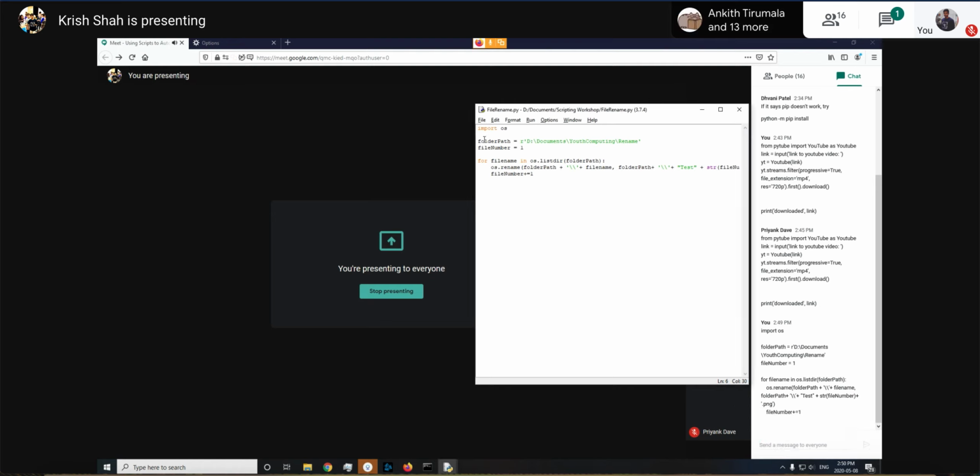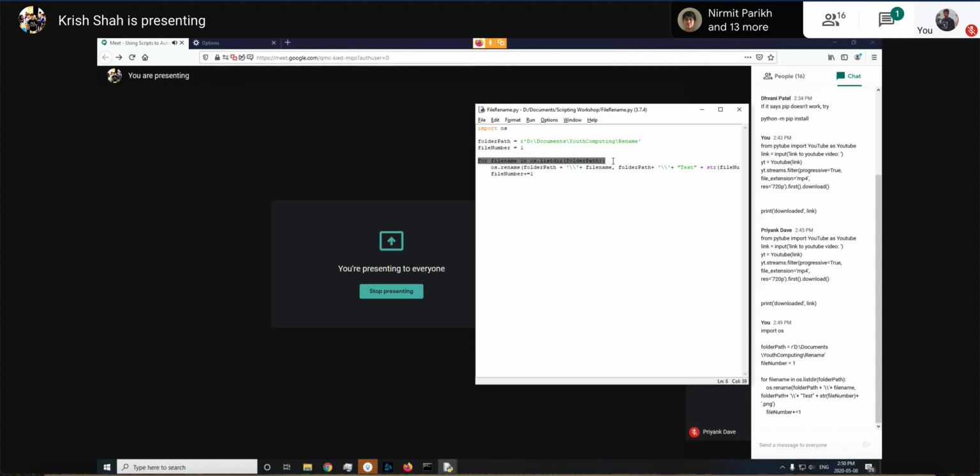And then we created a folder path. And this r is just here so that the backslashes don't interfere with whatever file location we need. So here's where you would put your folder path, in between these two apostrophes or quotation marks. Okay. So now that we have a folder path,